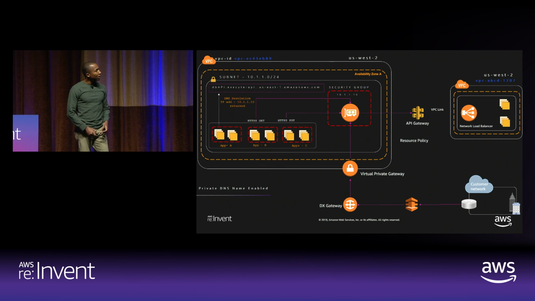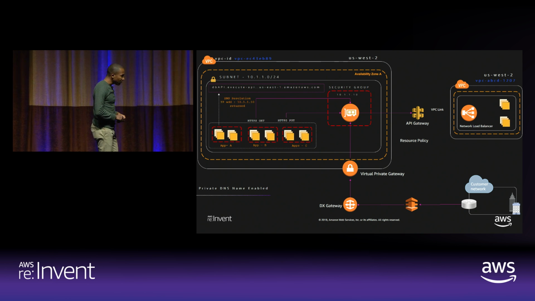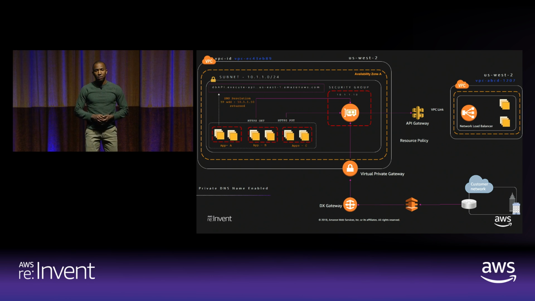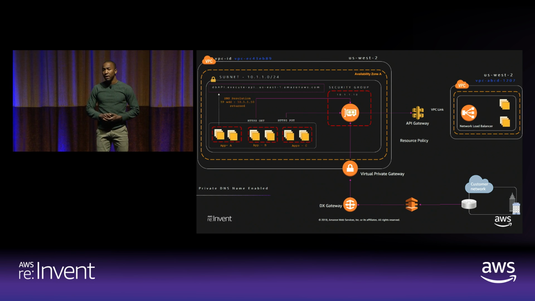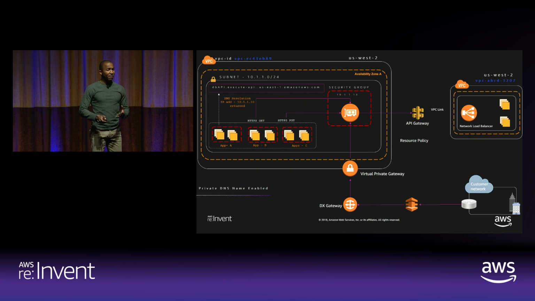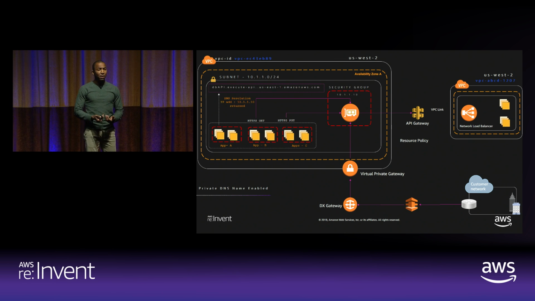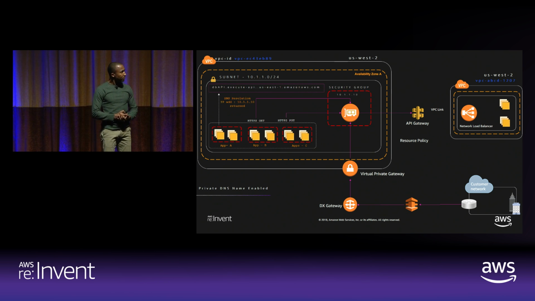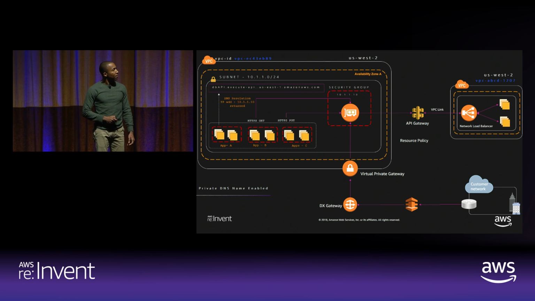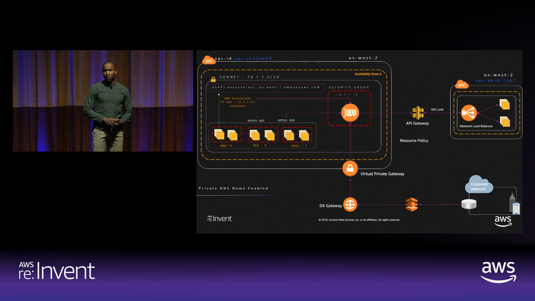Now, one thing I'd like to touch on as well is there are creative ways to gain access privately to your environment. One such way that I see many customers using today is our API Gateway. You have the ability to create private APIs. You also have the ability to create a VPC link between infrastructure that sits behind a network load balancer and API Gateway. And this is one such scenario. And this is also a scenario that customers of mine have implemented.